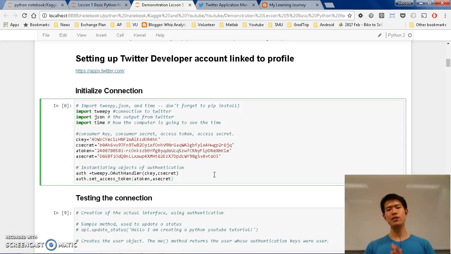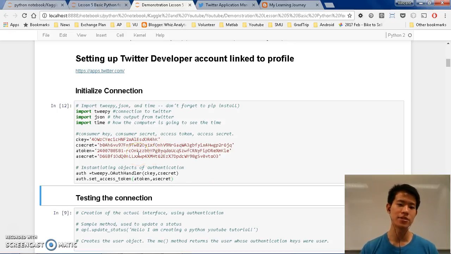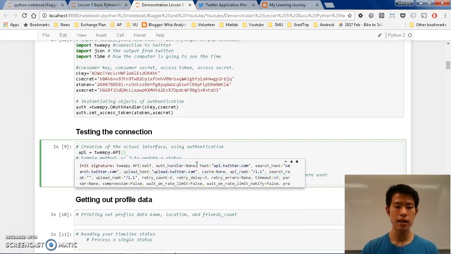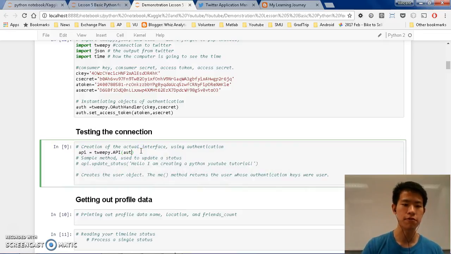So that's it. Just within these simple steps, you have managed to create your own Twitter engine that you can access your account with straight away. Alright, so just run it. There should not be an error, so it's fine if you see this number. Whatever number, maybe 1 or 2, it doesn't matter. Okay. Then afterwards, we want to create our interface. So how we do the interface is that API equals to tweepy.API, and then you should be able to put your auth handler here. Okay. So just put auth here.